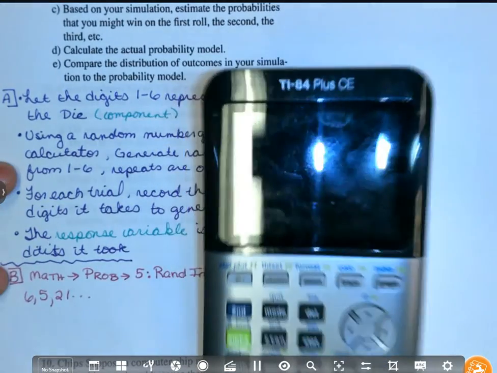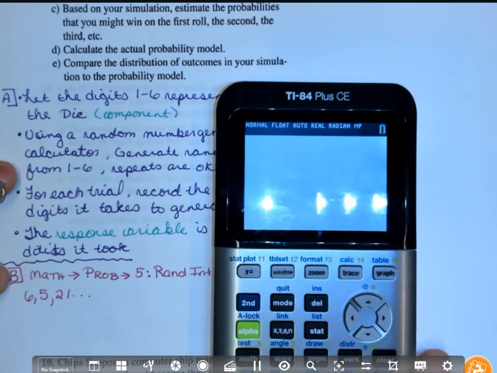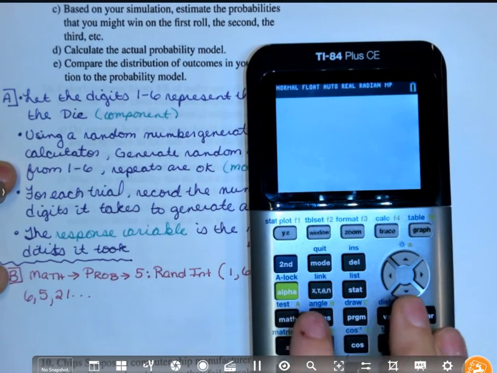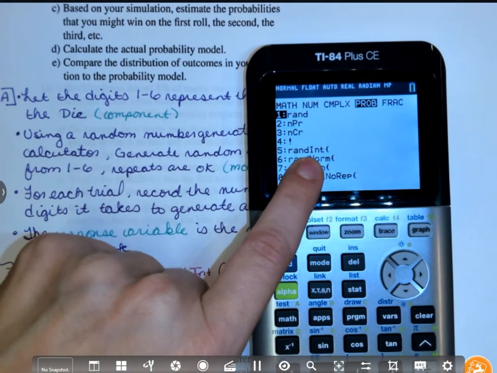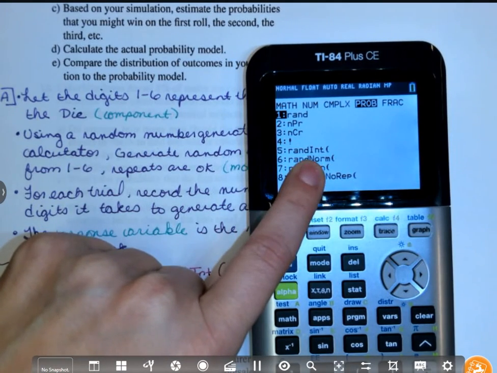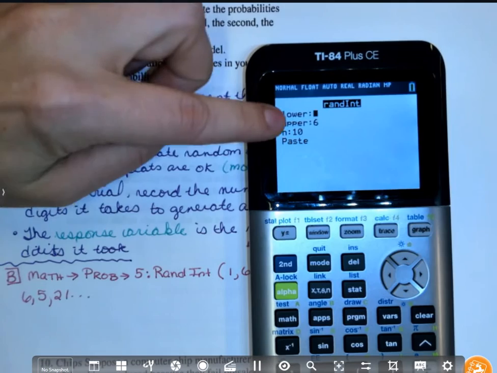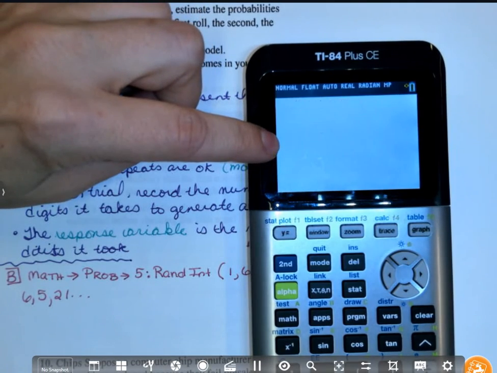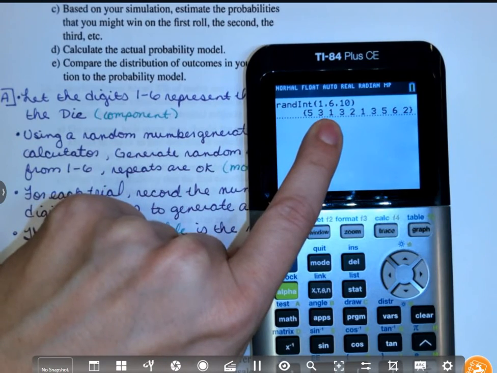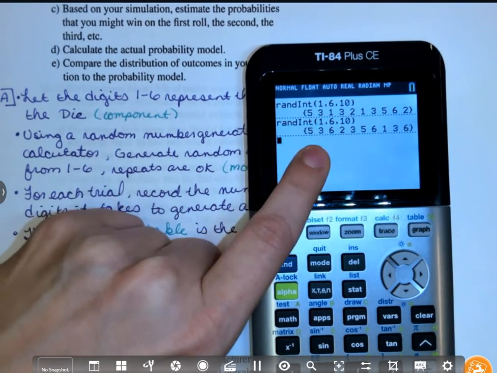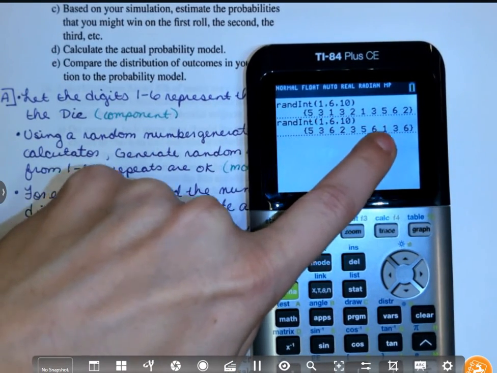We reviewed our rules on how we generate random numbers in our calculator by saying you go to math, probability, and since we don't care about repeats, or repeats don't bug us, we're going to go to 5, and I said 1 to 6, something nice to count by, and I just started working through, and we would say, okay, for this one, since we're going until our first 1, that's 3, this one would have been 8,